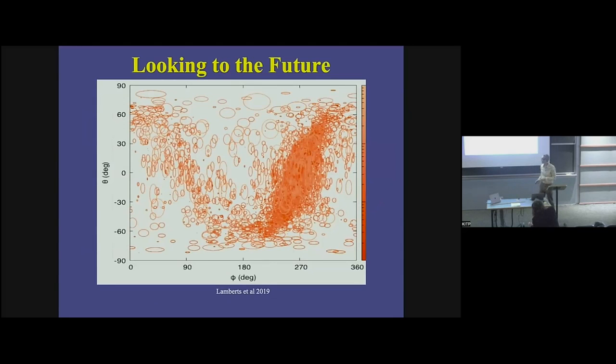So until LISA happens, however, the only real link between our current observations and what the future gravitational wave measurements might be are binary population models. So this is a plot I've taken from Lamberts et al. And it's a kind of a view of the sky as LISA might see it. This is plotted in RA-Dec space, and these ellipses are the 1 sigma positional constraints for a model binary population of double white dwarfs in the Milky Way. And so you can think of this as a guide to how and where we should look for these future multi-messenger systems. And I'll end by saying that our observations provide a way to anchor these